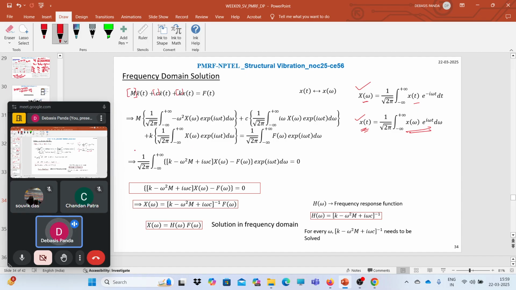Finally we are left with this equation, 1 by root 2 pi integral from minus infinity to infinity of k minus omega square m plus i c omega x omega equals 0. And finally we have k minus omega square m plus i c omega, x omega minus f omega equals 0. So here x omega, the response in the frequency domain, is nothing but H omega into F omega. That means this is your frequency response function,